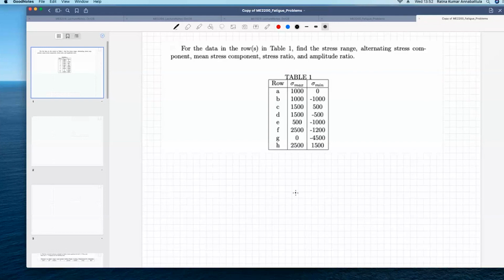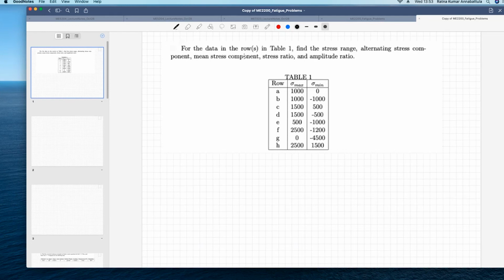Okay, in today's class, we will try to solve some problems on fatigue failure. So the design based on fatigue failure, so as to understand the design methodology a little better. We'll start from the case where you don't have the mean stress, particularly looking at the S-N diagram and then basic definitions of things like stress range and alternating stress and so on. Okay, so here is the question.